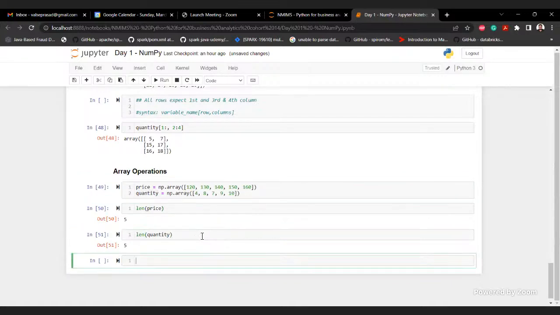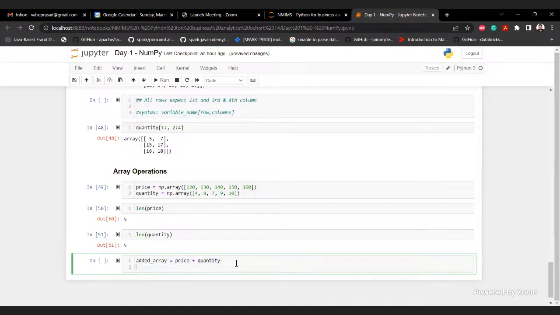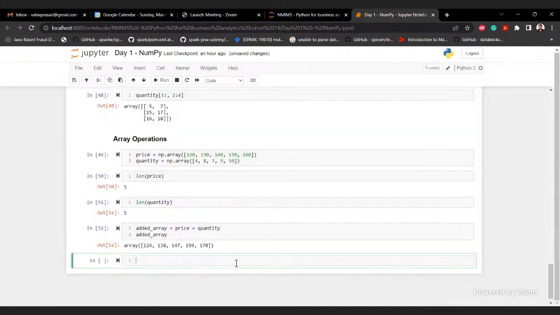Now, if I try to perform the addition operation between price and quantity, basically I'm trying to add the elements from both arrays into an added array. So what I'm doing here, I'm trying to add price and quantity. If you check the result, you see,